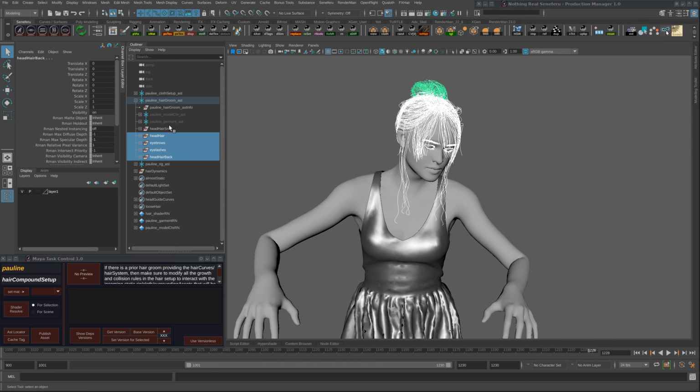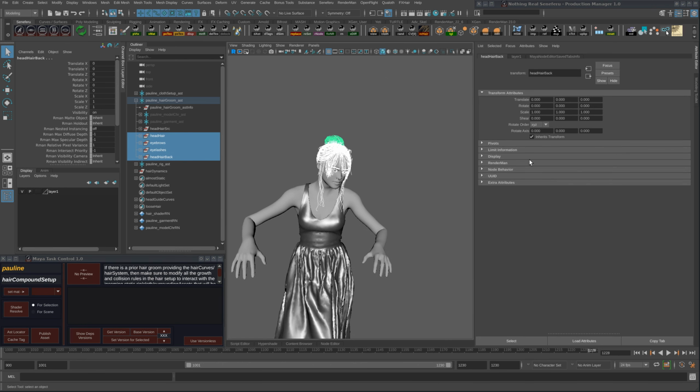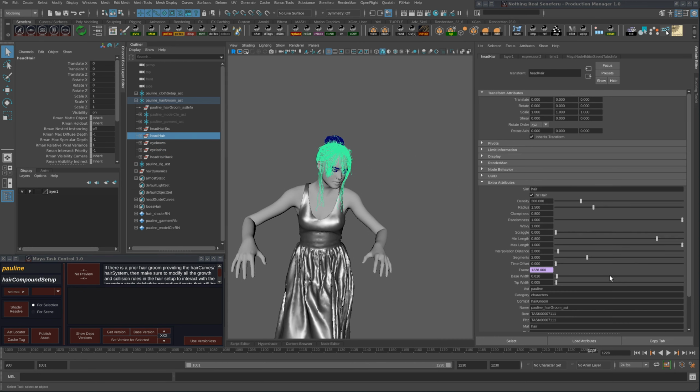So by default, it will be configured to automatically detect NR hair or Yeti. Otherwise, you should configure it to RIB or any other type. So after tagging these objects, which are, by the way, if you remember, the objects that had the hair settings,